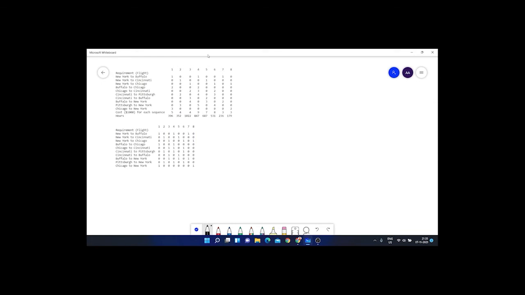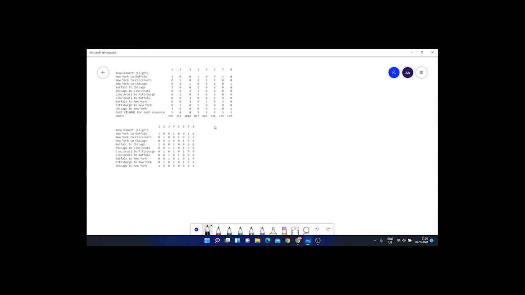Let me explain what this table means. This is our input table. This table means that for going from New York to Buffalo, 1 means there is a flight in sequence 1 which will go from New York to Buffalo. If we select sequence 2, there is no flight. Sequence 3, no flight. Sequence 4, there is a flight.